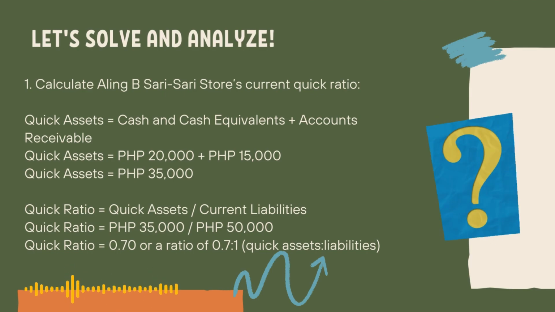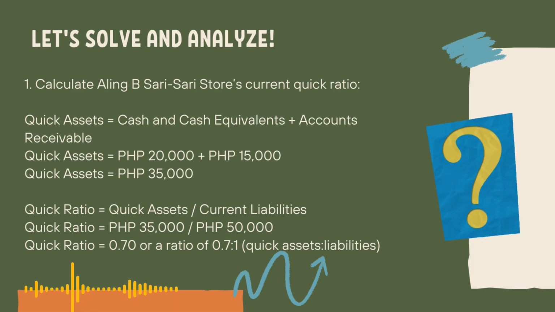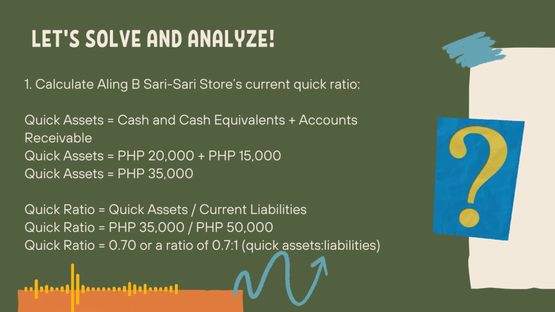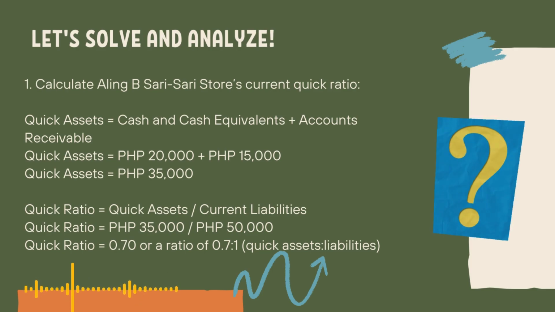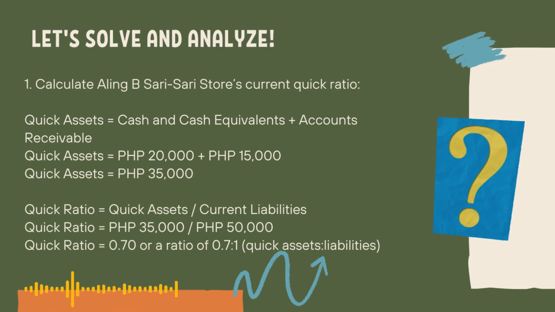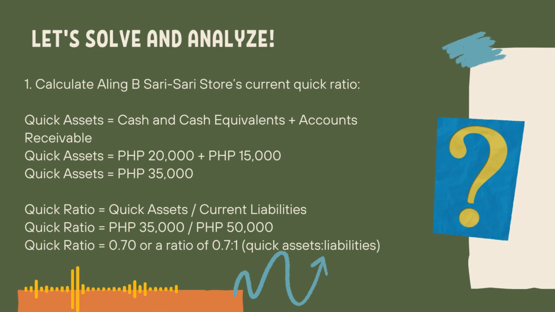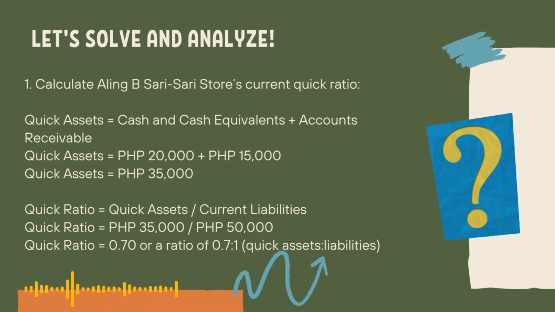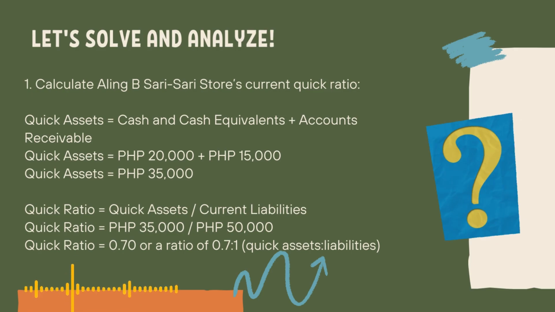We need to calculate Aling B's Sari Sari Store's current quick ratio. So again, quick assets are cash and cash equivalents plus accounts receivable. So that's 20,000 pesos plus 15,000 pesos, and that will give us 35,000 pesos of quick assets. Now, again, the quick ratio is quick assets divided by current liabilities. So 35,000 pesos divided by the given 50,000 pesos of current liabilities will give us 0.70